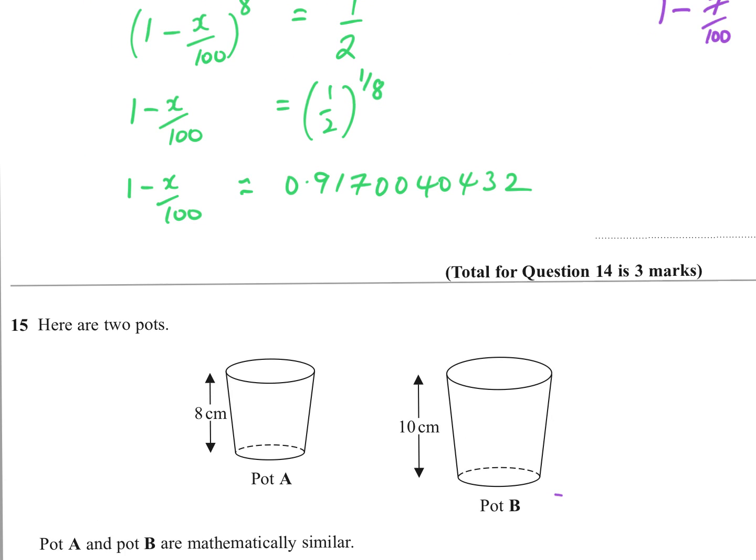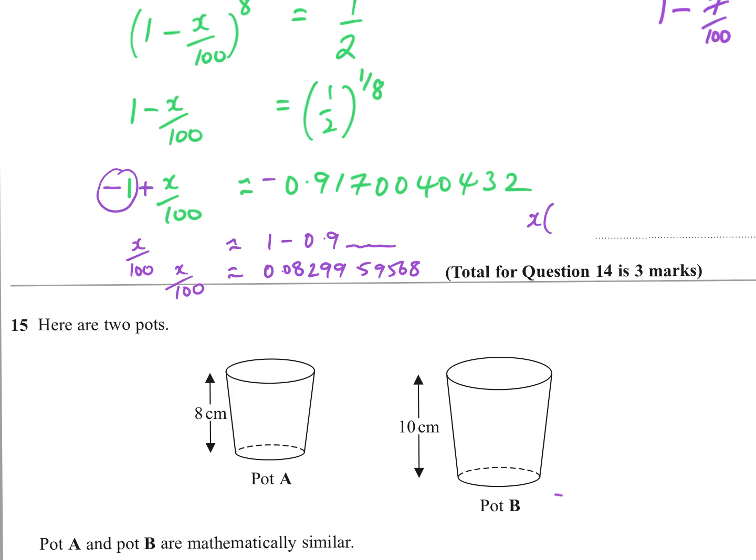So I'm going to times both sides by -1, and then I'm going to add this one to both sides, and that will leave me x over 100, and then that's going to be 1 minus 0.9 and so on, which is going to give me 0.08299595568, and then that's x over 100, don't forget, so I'm finally going to times both sides by 100, and